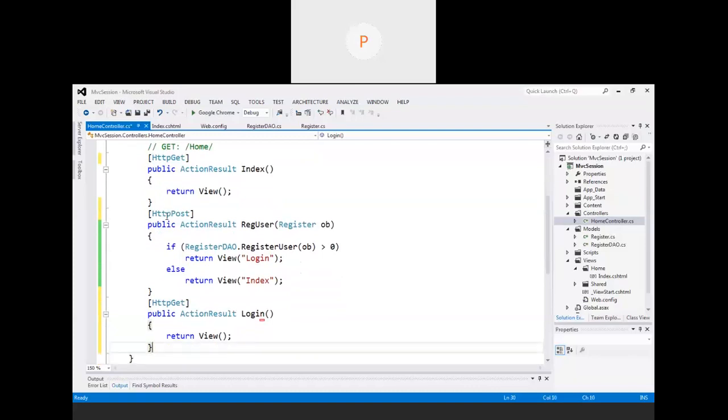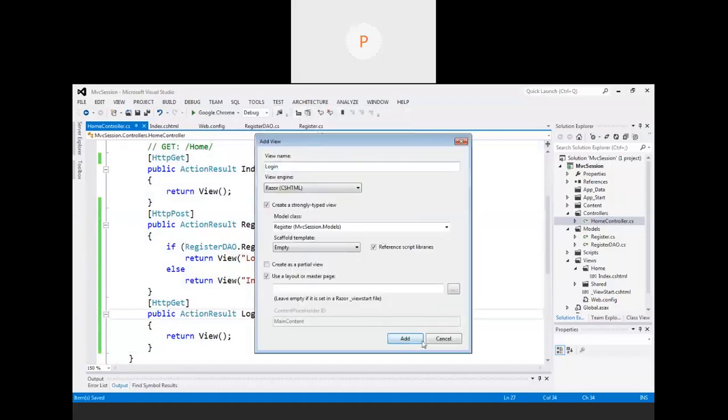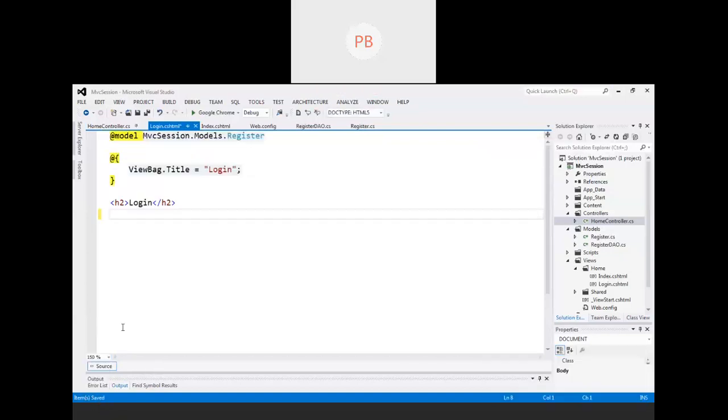Now for creating a design for the login page, just right click on login, add a view, create a strongly typed view and click on add. Here again you have to take the same type of code, using Html.BeginForm.